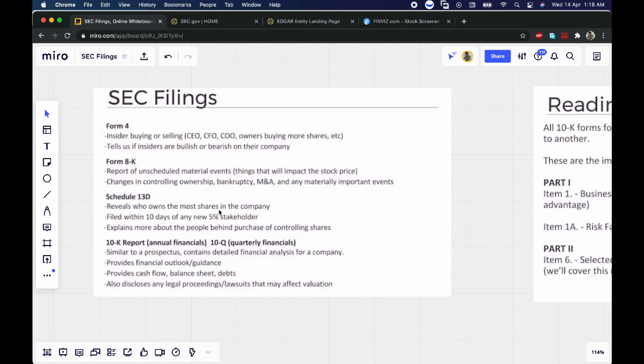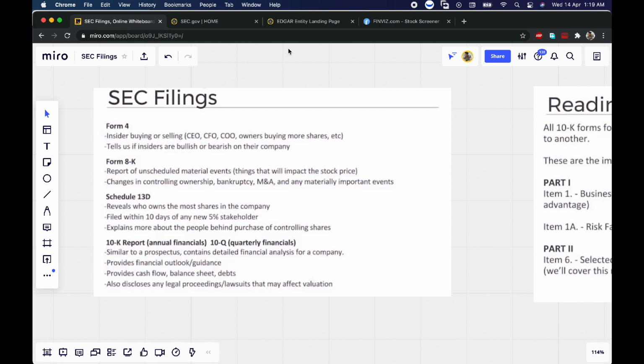The most important one that we need to look into is the 10K report, which is basically a prospectus of the company. It also includes the annual financials of the company. The 10K is the yearly report and the 10Q is the quarterly report. They both basically serve the same purpose. So the prospectus helps us determine what the company's business and goals are going to be and what different catalysts there are. Sometimes to find catalysts I go and look into the 10K reports to get into details. So it's basically very simple.